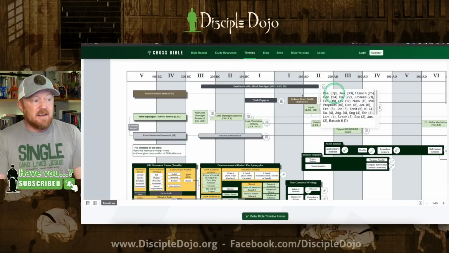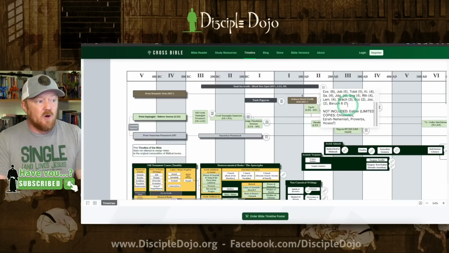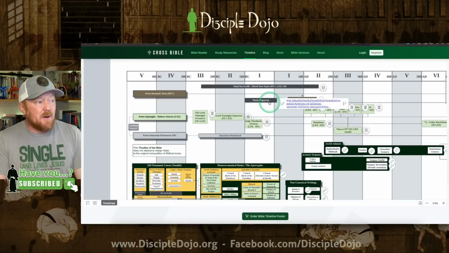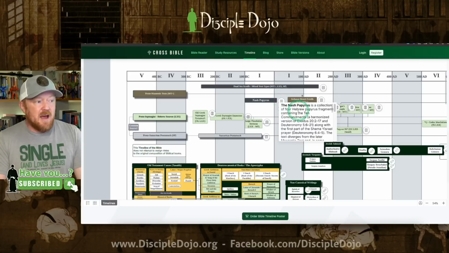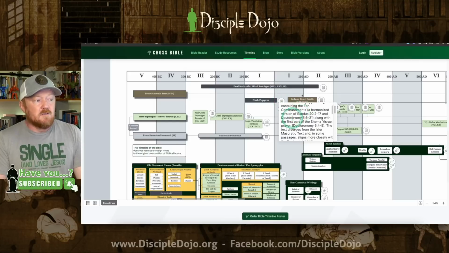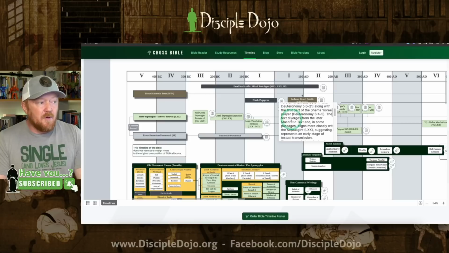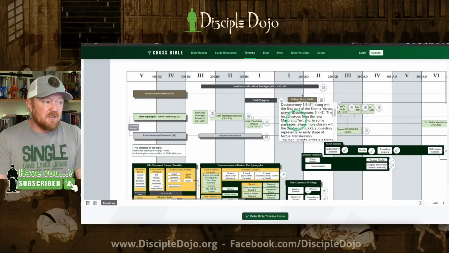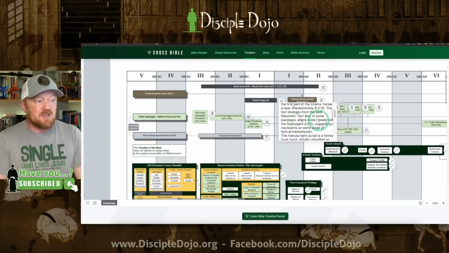Click on this little link and it tells you what they consist of. These are the biblical books that were included in the Dead Sea Scrolls. These are the ones that were not included or maybe had limited copies of. Same thing here. You can click on the Nash Papyrus and it gives you a little information about it. Nash Papyrus is a collection of 4 Hebrew fragments containing the 10 Commandments, along with the first part of the Shema Yisrael prayer. And it says the text diverges from later Masoretic texts and in some passages aligns more closely